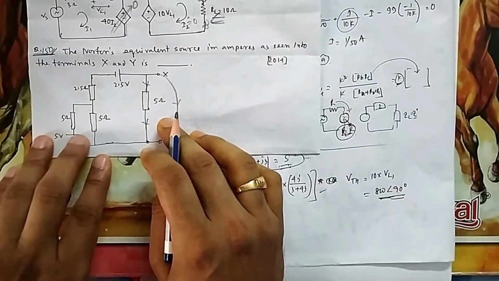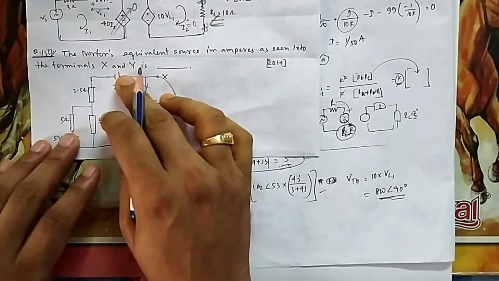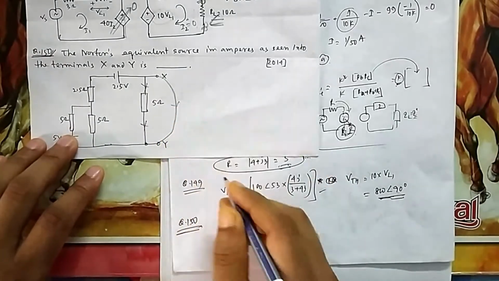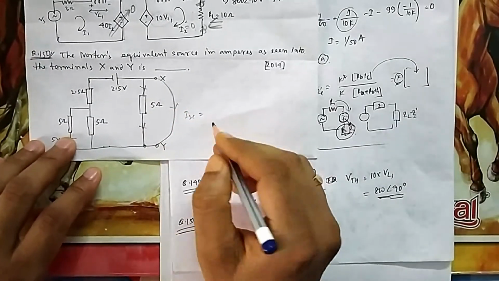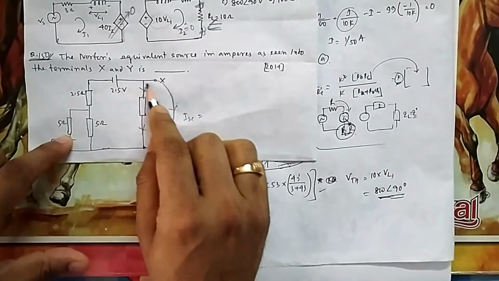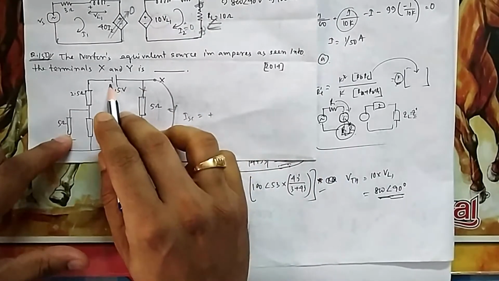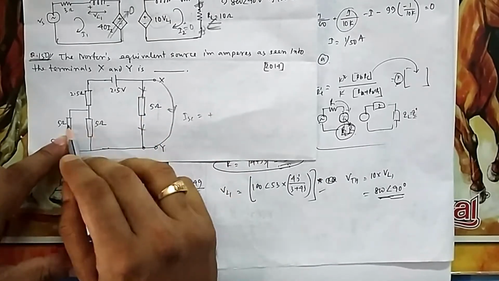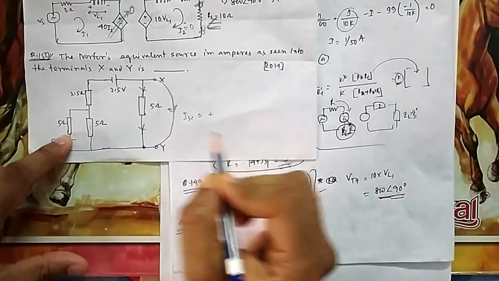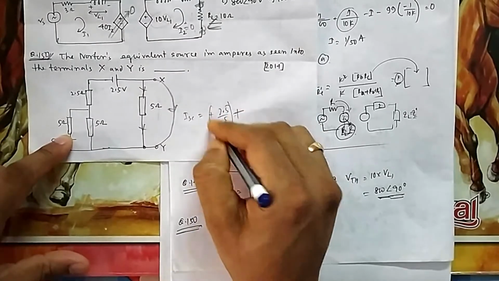So you can apply nodal, mesh, KVL, KCL, whatever, or you can apply superposition also. You take one source at a time and find the current flowing through it. So if I switch it off, I can calculate my ISC here itself. What will be ISC if we switch it off? If you short it, then the current is flowing in this direction, so I am taking this direction as a reference, so it is plus 2.5 volt, and you see 5 are parallel, so it is 2.5 in series, that is 5 volt. So the voltage is 2.5 and the resistance is 5 ohm in the circuit. So this is the first case.